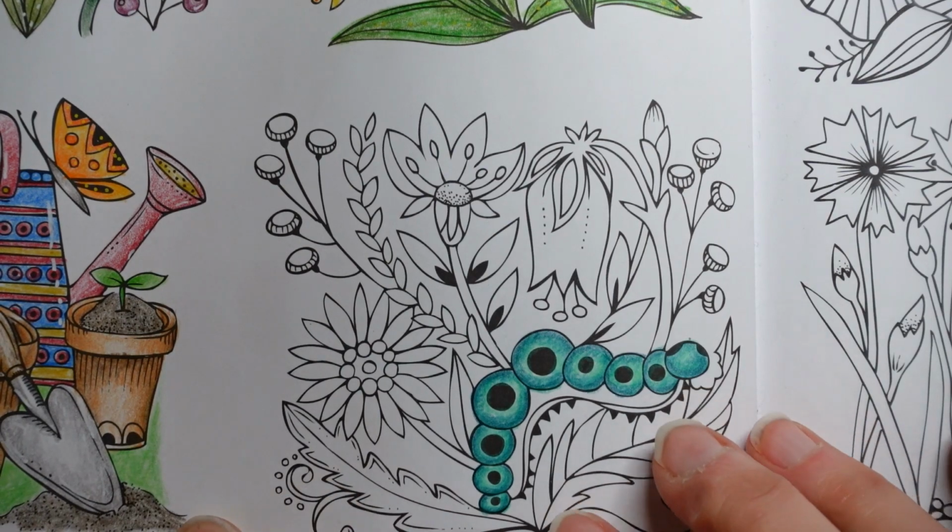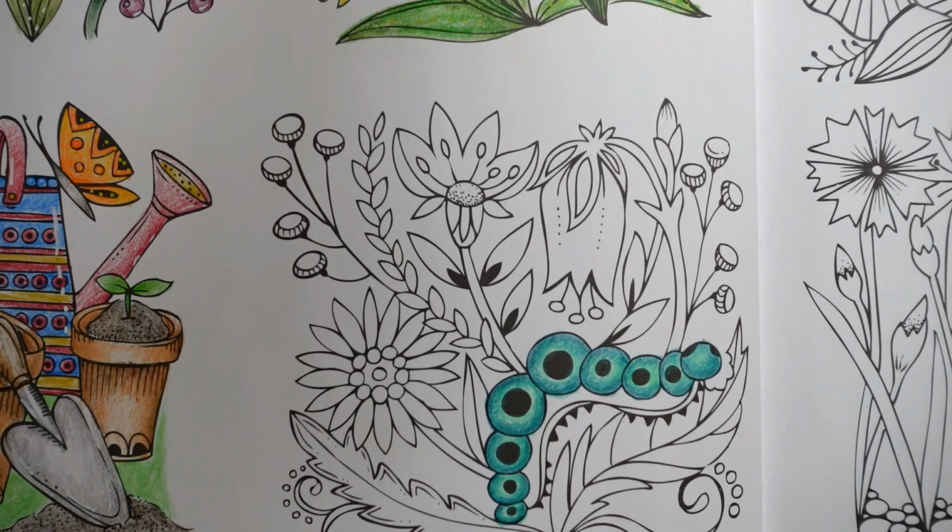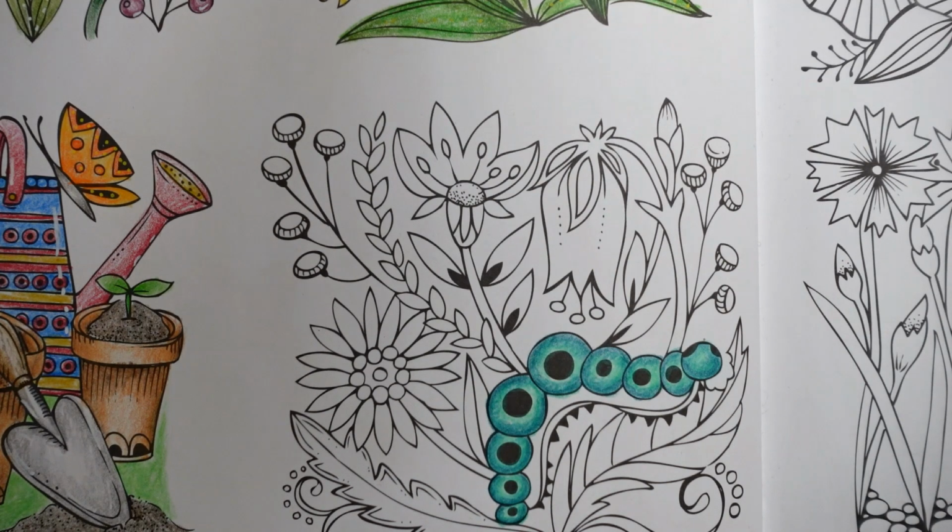I'm going to avoid these bluey greens for the leaves. I thought that if I did all the leaves in more olivey green tones, then the caterpillar would stand out. We don't want him to disappear. I realise that some caterpillars would want to be